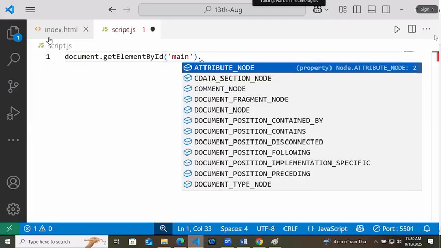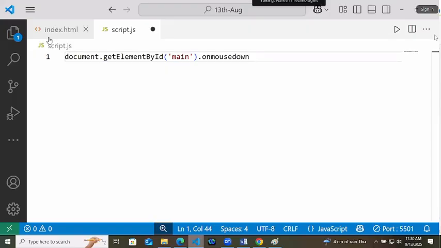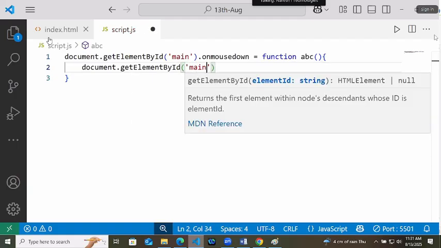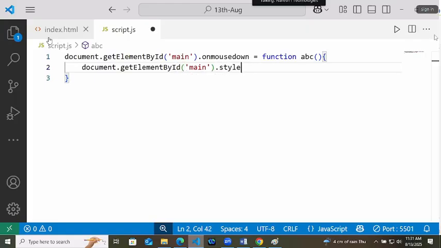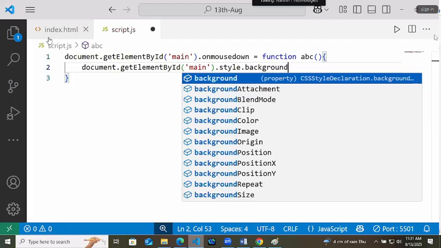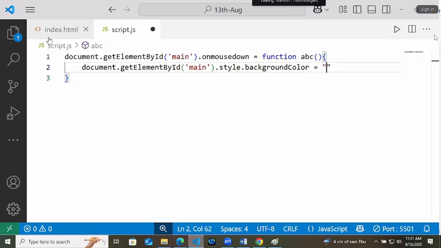To this, I will give on mouse down equals to, it will call a function as ABC, any function name because we are not calling it. It will go to document, find the element by its ID. ID is main. In style, it will change the background color to red.